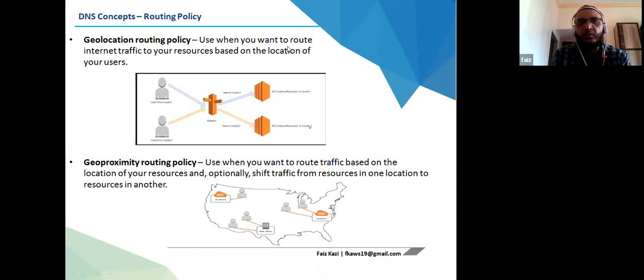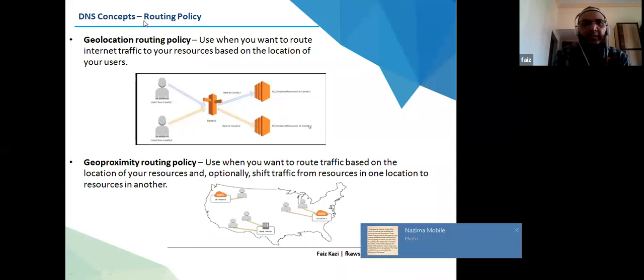So use this when routing internet traffic to your resources based on the location of your users. So Mumbai users will be accessing the Mumbai server. Your US North Virginia users will be using the North Virginia server. So Route 53 will help you do that using geolocation routing policy.